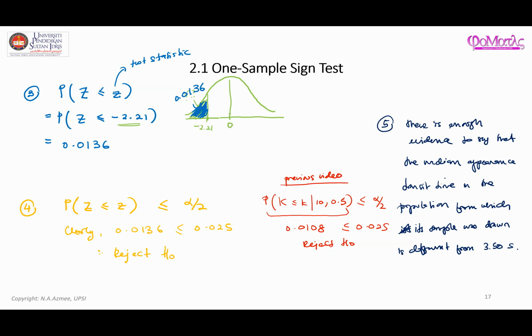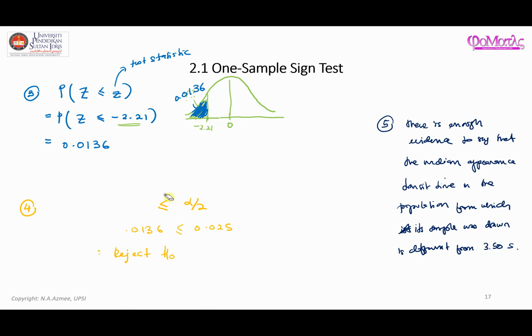so that's it. And maybe before I end this video, I would like to talk about the alternative approach to step 4. So again, instead of using this, you may want to decide whether you should reject or not reject H null based on the p-value approach. So what is a p-value approach? Okay, so in the p-value approach, you need to